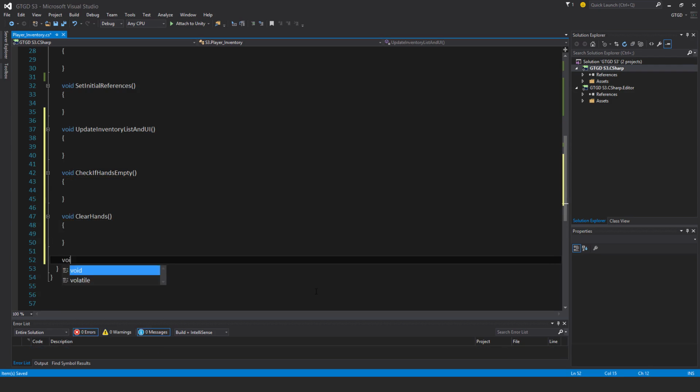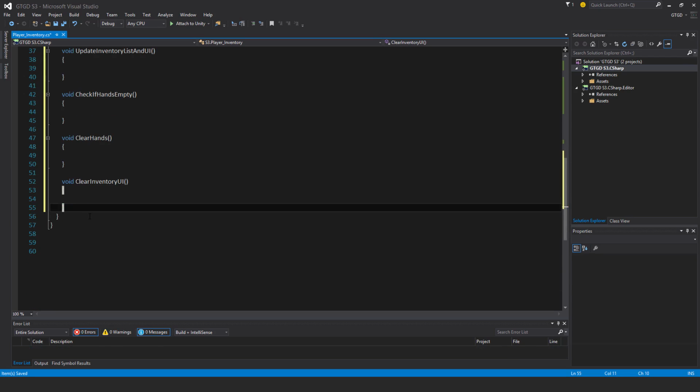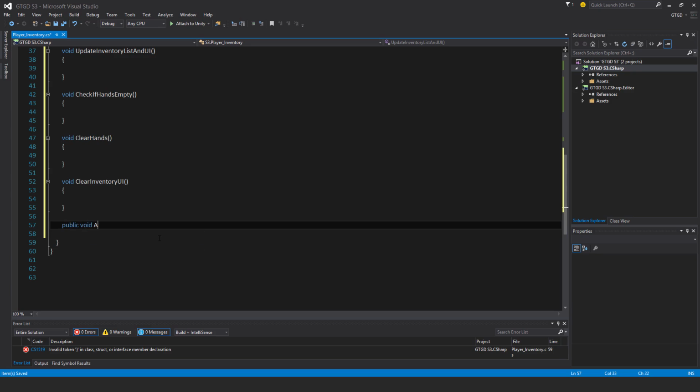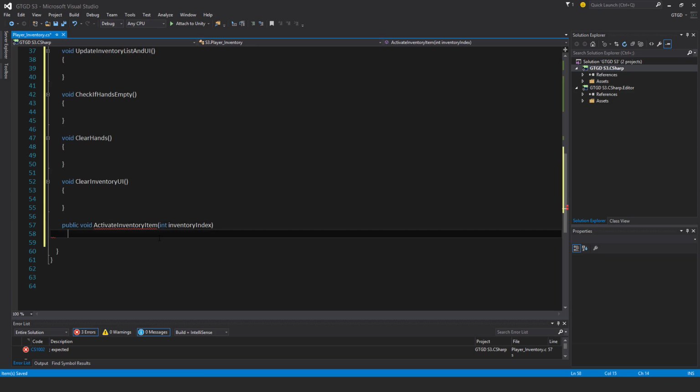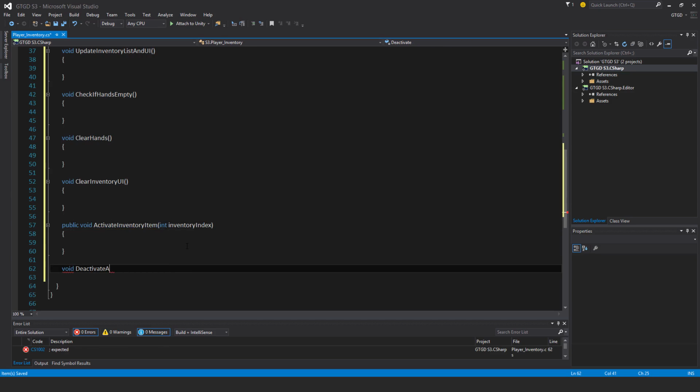Void clear inventory UI. Public void activate inventory item, and it will take the type int, and I'll just call it inventory index. Void deactivate all inventory items,